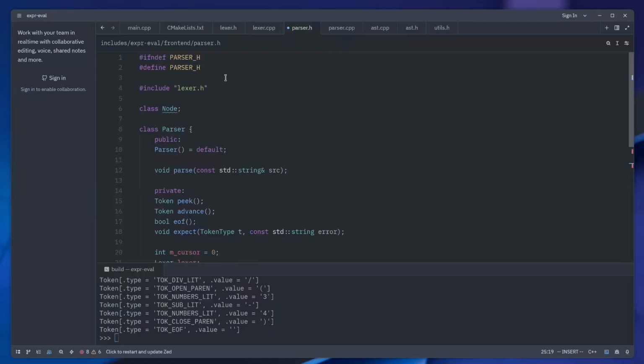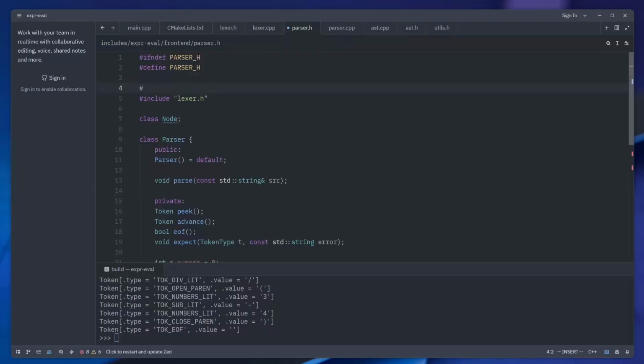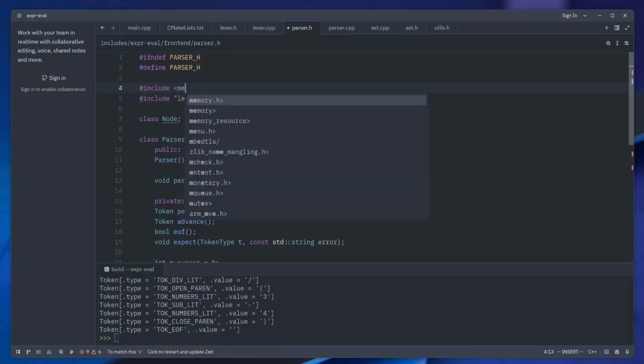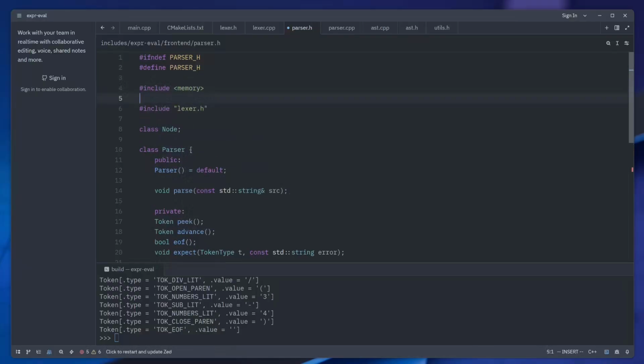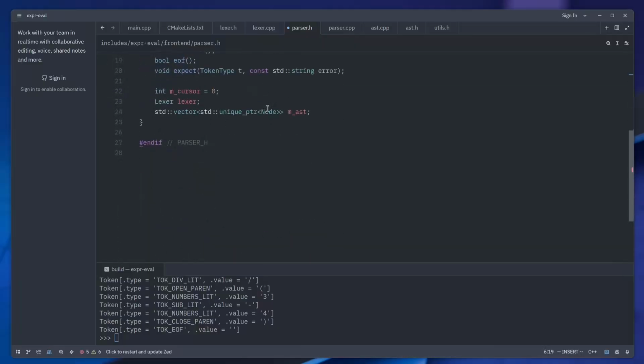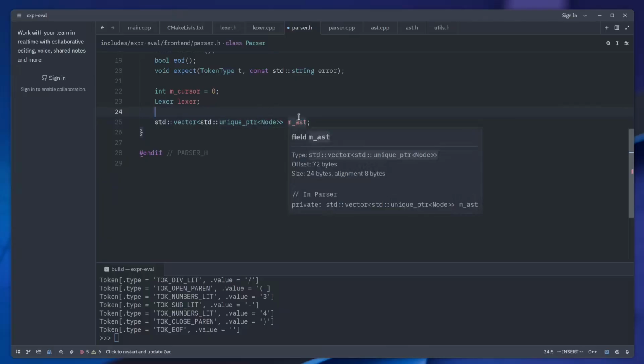Okay, let's include memory here, to get access to the std unique pointer. So I'm planning to store all the ASTs into this vector, but technically we don't even need a vector per se,